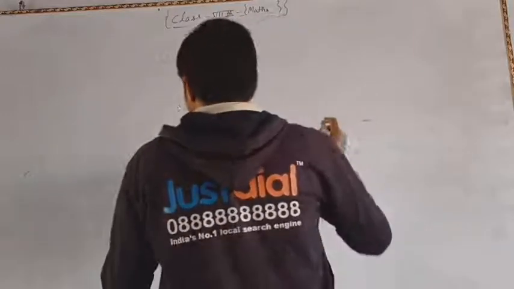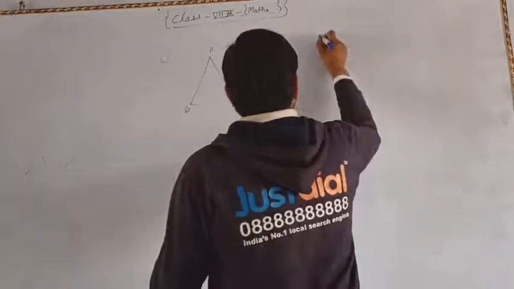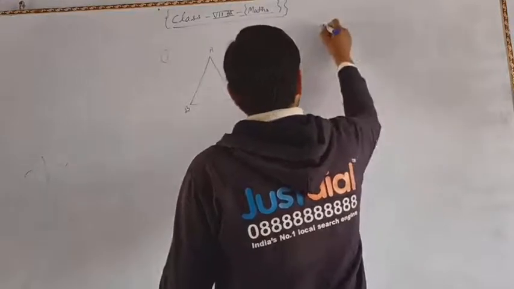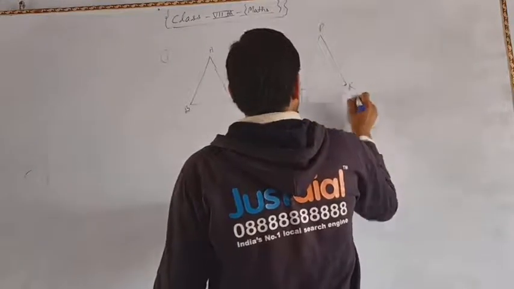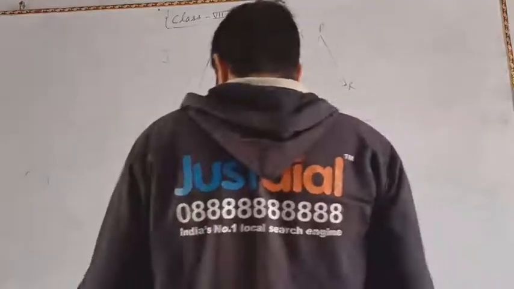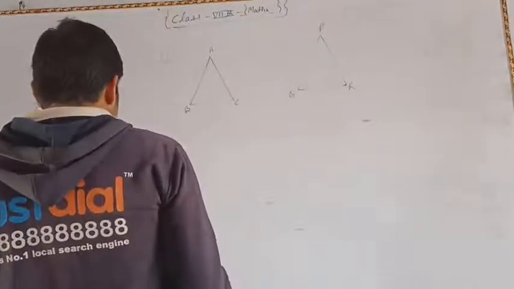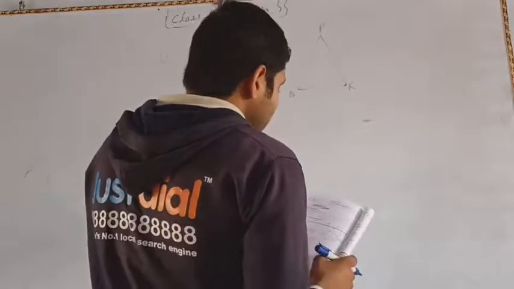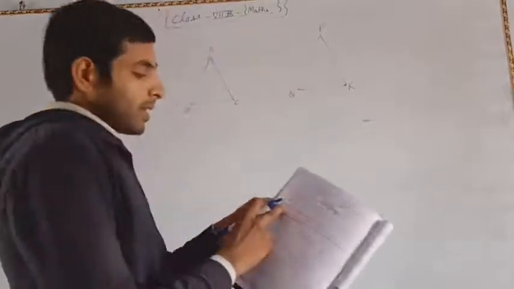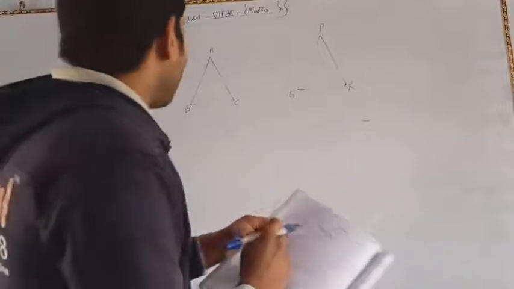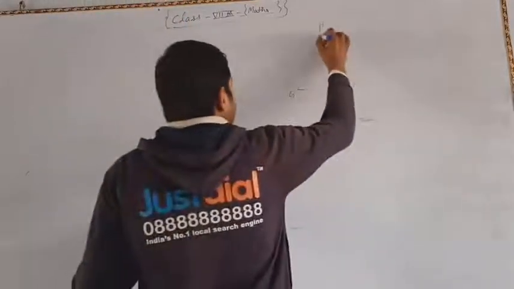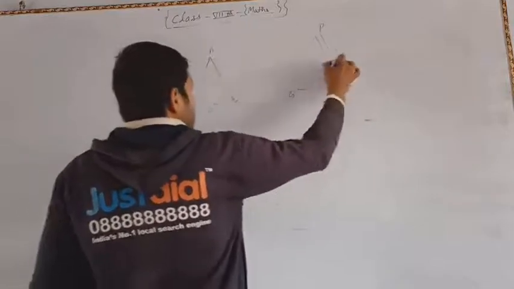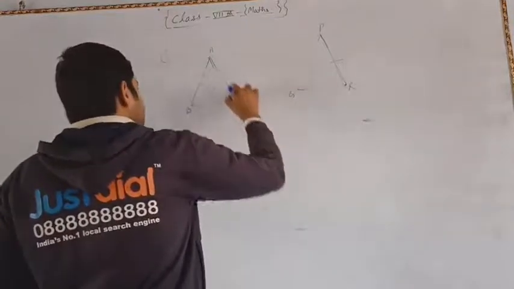And here it is given: which part of triangle ABC is congruent to side PR? Side PR is equal to side AC,